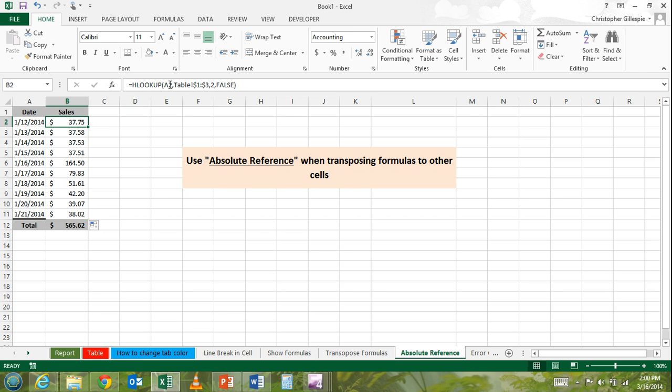Just to explain, sometimes you don't want all components to be absolute. So let's say this is A2. Let's say that we do want column A to remain constant, but we do want it to change rows accordingly. Let me give you an example. If we change it like this, right now both the A and the 2 are absolute references. So if I copy this down,